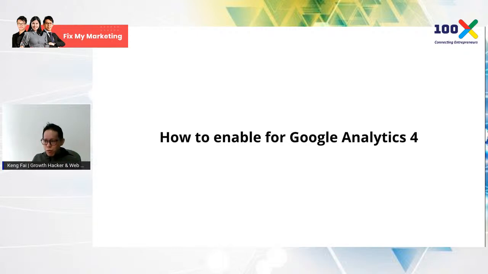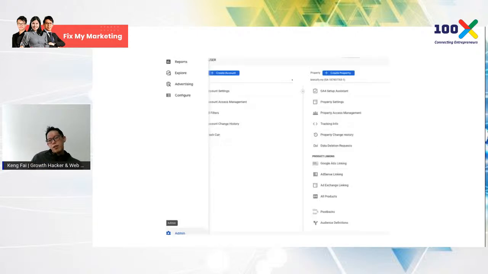Now, once you've done your Facebook, you want to do it for your Google Analytics. So how you enable it for your Google Analytics 4, since you're using the old one we call Universal Analytics. Previously you would see a number called UA blah blah blah, and this is the legacy method. And now you're going to do a new way.